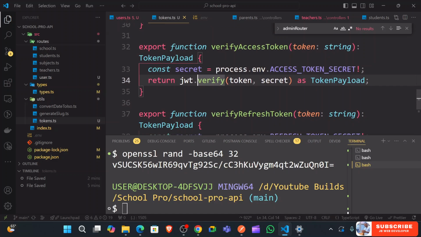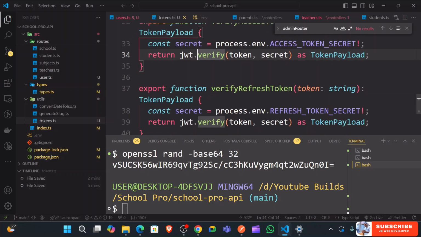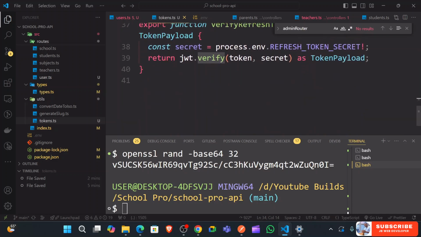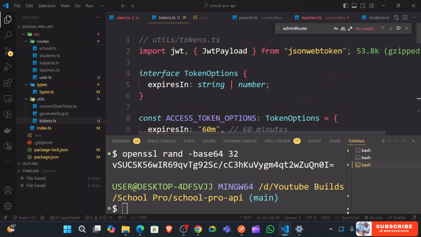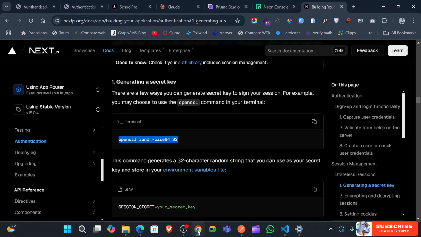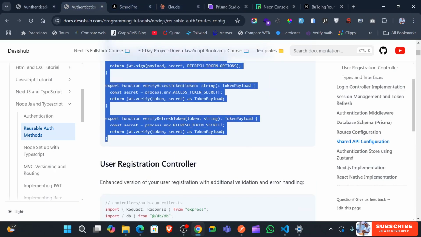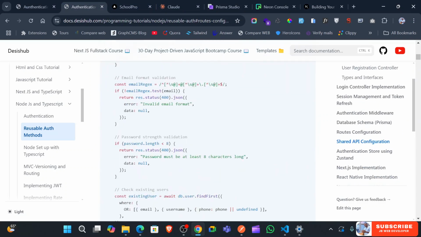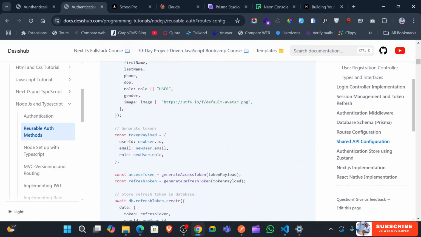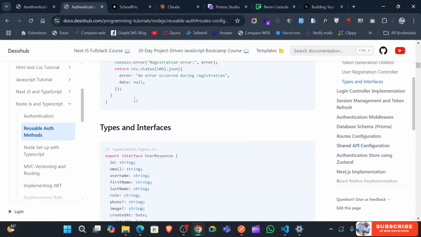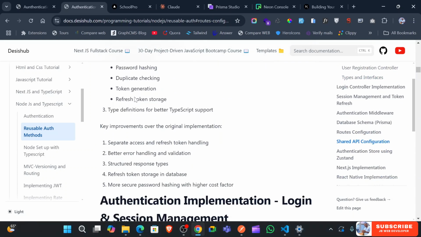Okay, and I think this is just a boolean, and then we have also verify this. So we have all these functions in the token. So if we go back now to the usage here, we're not using it in the register. We're just using this in the login